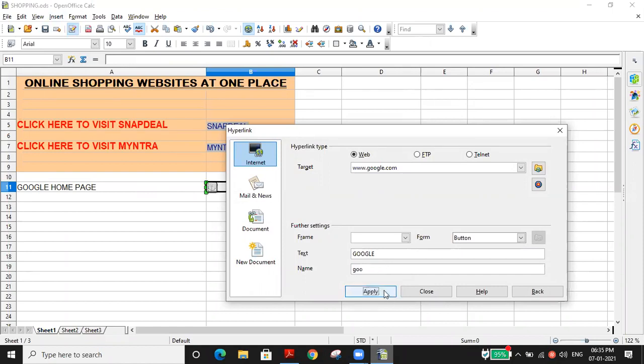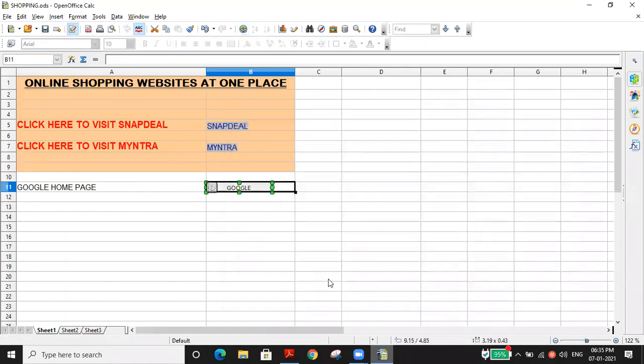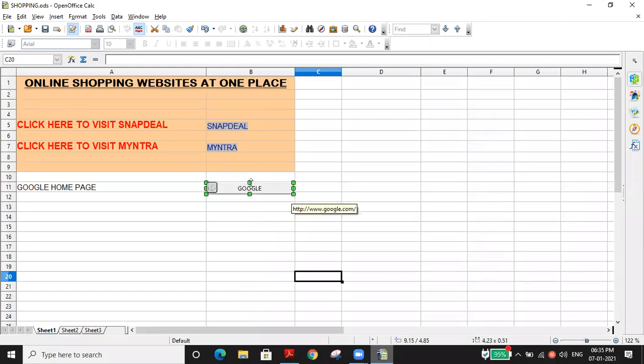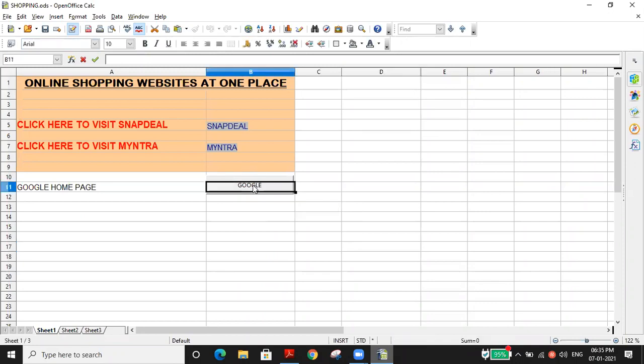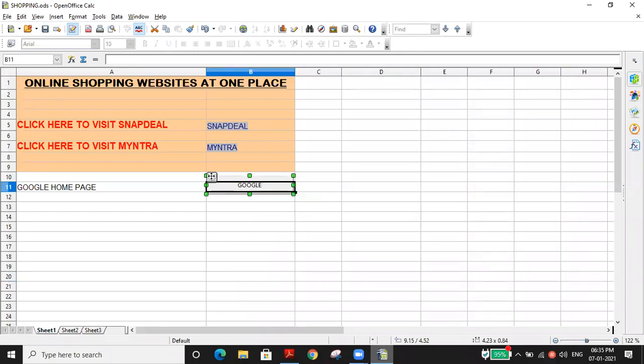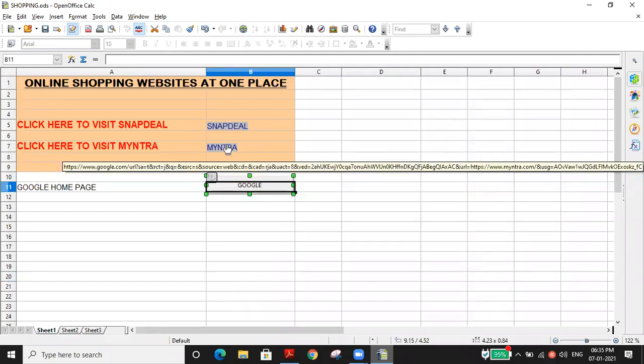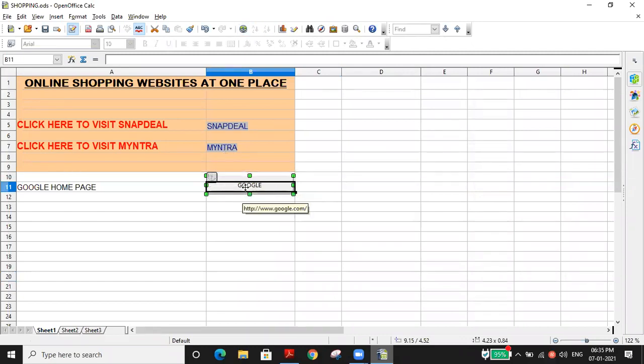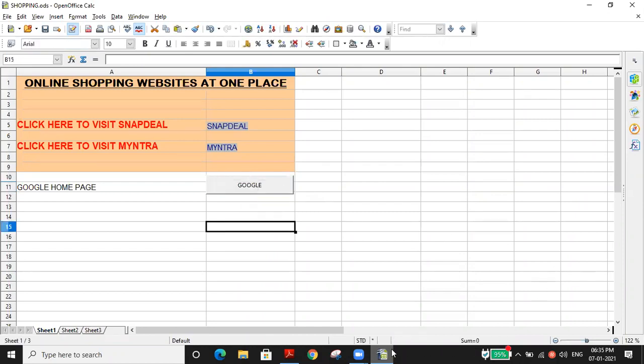Okay, I'm just applying that, that's all. Could you understand that? Instead of text, we can get a button, and we can resize the button and everything. Have you understood? It will open Google. Yes. Okay, that's all. But here it is in the text, and here it is in the form of a button. Sometimes it may not work.